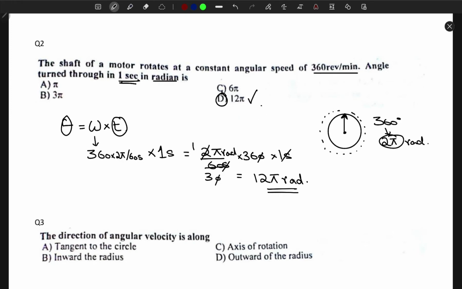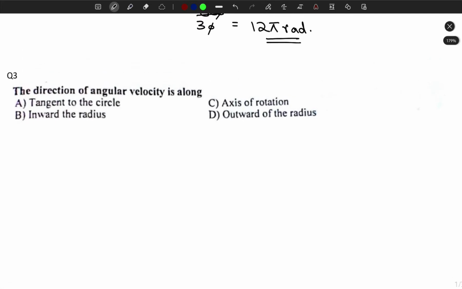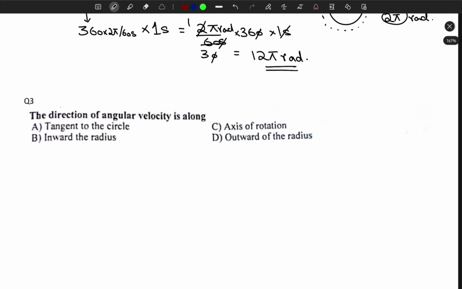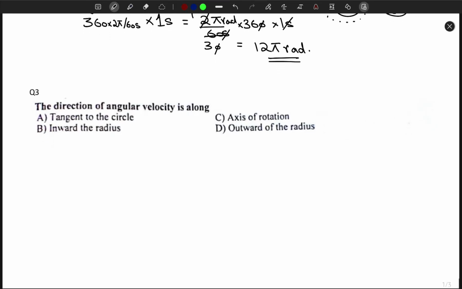Okay, so let's continue, and now let's move on to question number 3. Let me fix this zoom. Okay, perfect. So question number 3, it says that you have the direction of the angular velocity is along. Okay, so we are given some options: tangent to the circle, inwards the radius, axis of rotation, outward of the radius. Well,